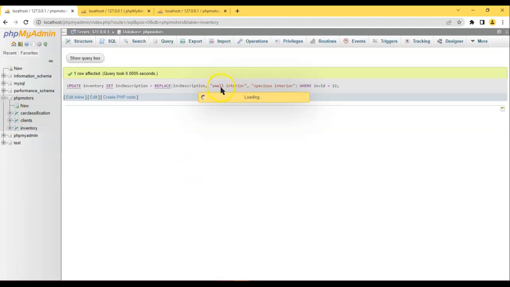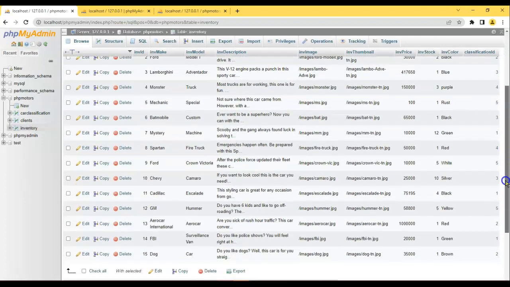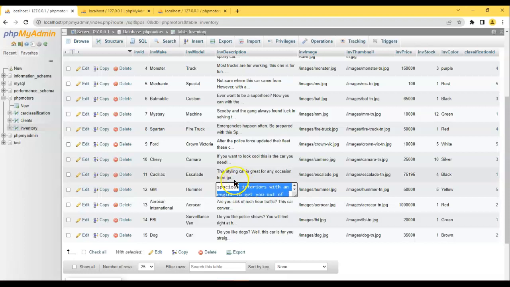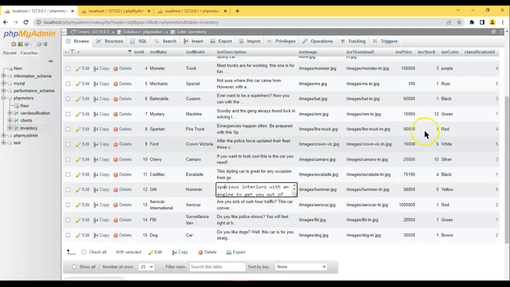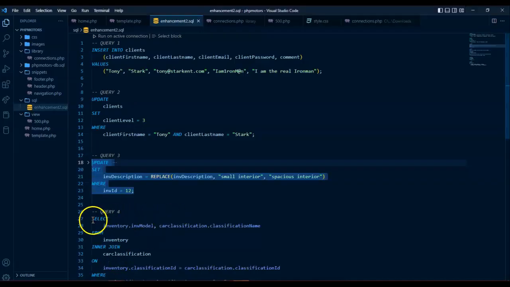The word small interior is changed to spacious interior. So as can be seen over here, yes, right here. Okay, so there we have it, and I'm going to go ahead and test the fourth query,